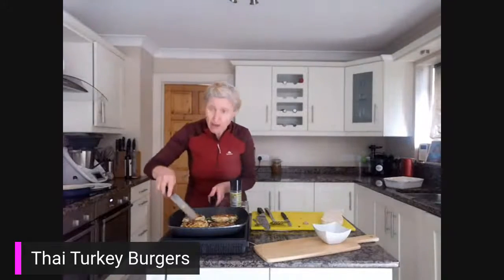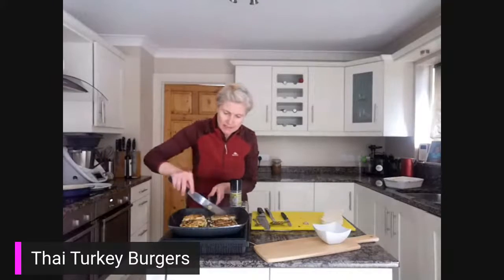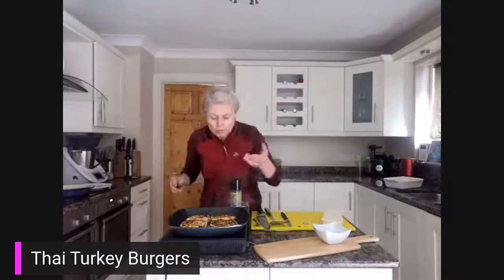And they're not that far away. I would say another minute or so, another couple of minutes, and that should be it. Oh, there's just this beautiful Asian flavour of all the Thai spices coming through. Gorgeous. I tell you what as well, another little hint if you want to add another little bit of flavour to this. You don't need to, but again, it's just giving something a bit more of a jazz up,